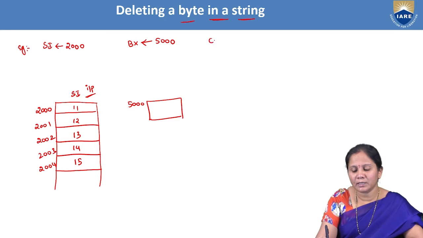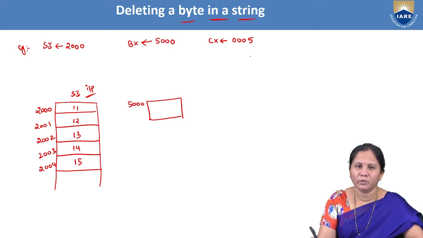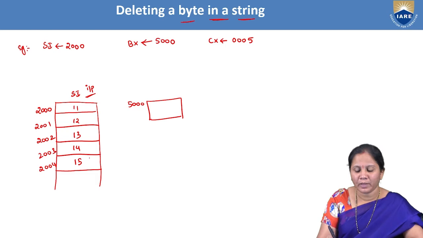Let us consider the value of CX is 0005. That means the string consists of 5 inputs from 2000 to 2004. And the BX value is 5000. Let us consider here we have the number 12. That means we are going to delete this number 12 which is present in the string. So after deleting this,